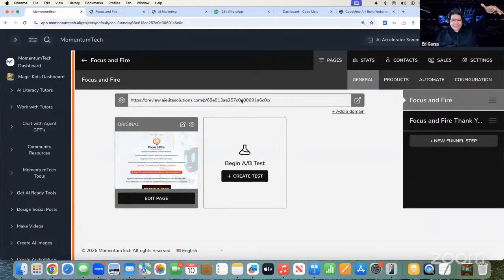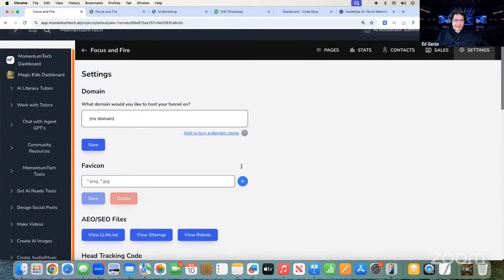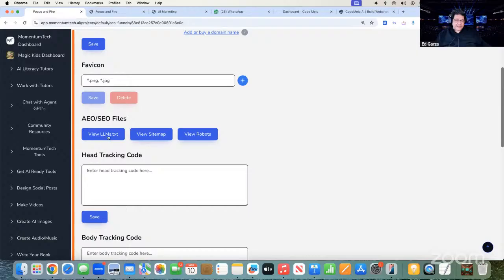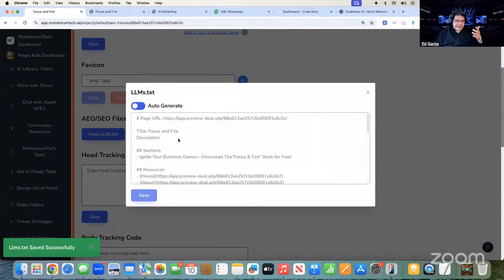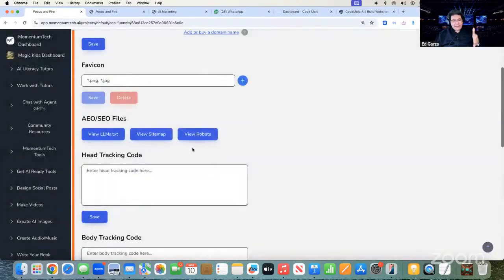And then once your site is finished, you can see it automatically puts together your llms.txt file based on the content on your website. It does a complete schema markup and everything for you. If you want to look at it, there's not a lot of content on this website, so that's it right there. But it'll be longer based on how much content you have. That is the specific llms.txt file that's on your site. If you build it in the platform, it's automatic. There's not one platform in the marketplace, period, that has this.